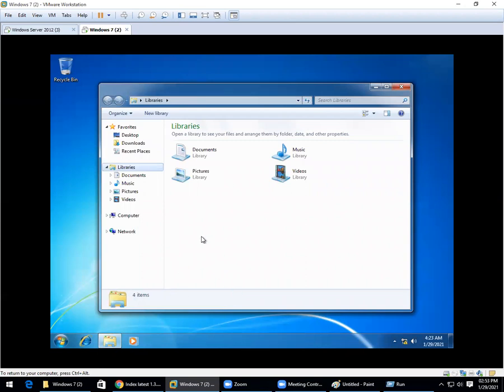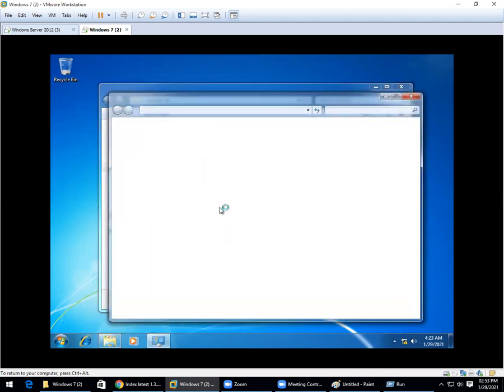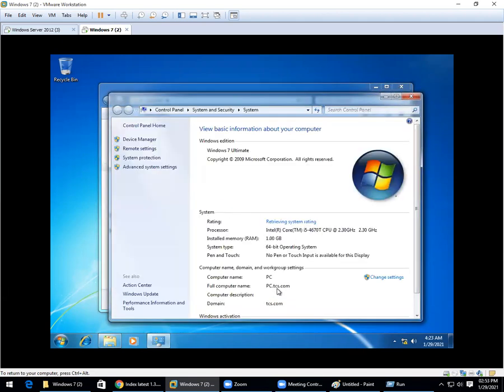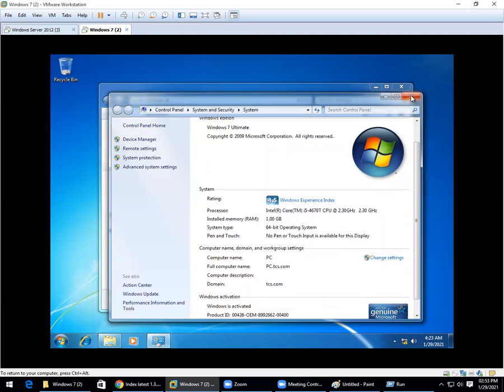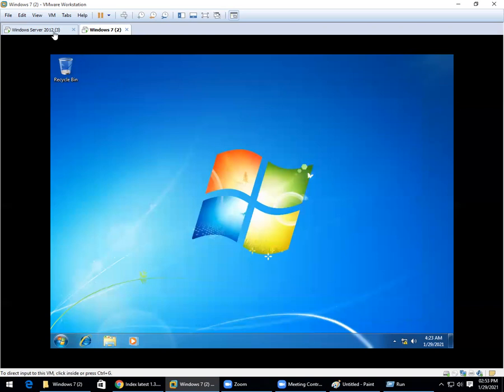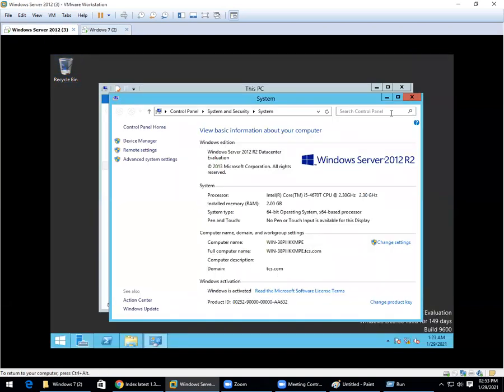That means this computer is under the domain controller. Can you see that tcs.com? This PC is the computer name, and tcs.com is the domain which you can see here. Previously you saw that this computer was under the workgroup. Now this computer is under the domain controller. So this is a domain controller.